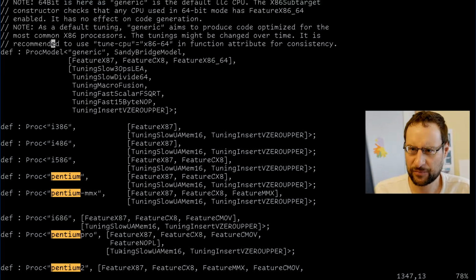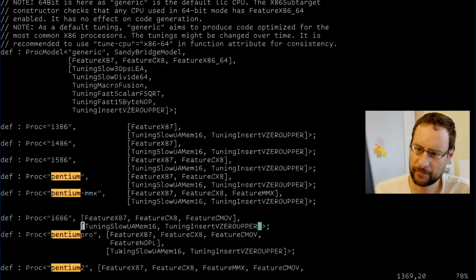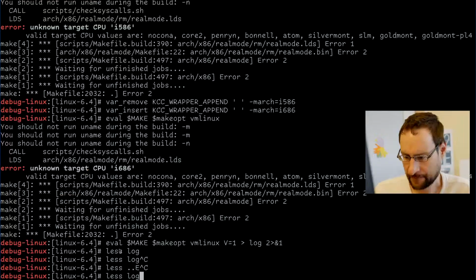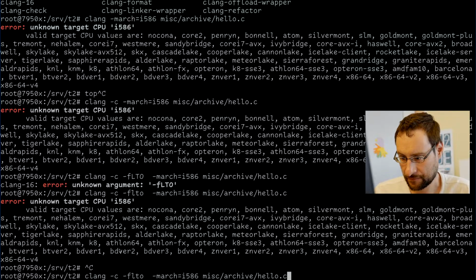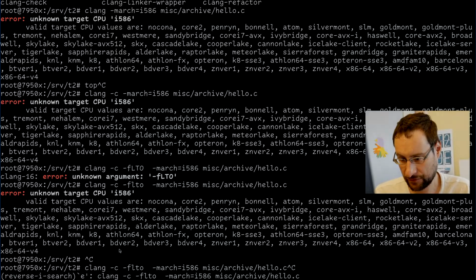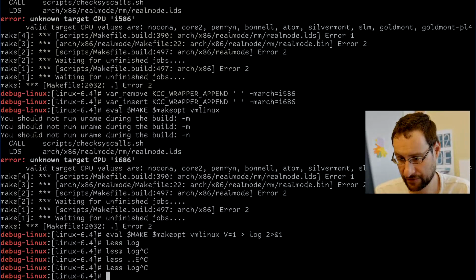Okay, to my surprise, we have here some 686 definitions, but why would they not work? Yeah, so best usually is to attach a debugger, just that this stuff is large, right? Maybe it just doesn't like this as arch for some reason, unlike GCC.